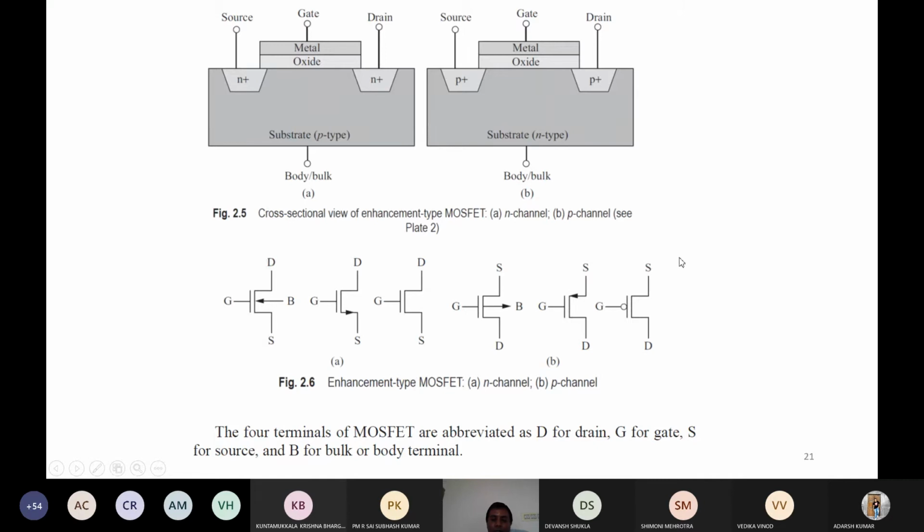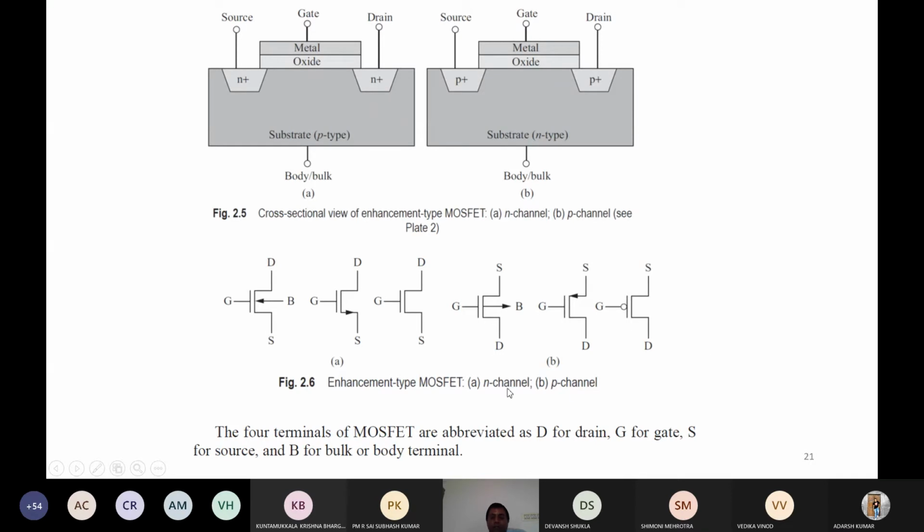During simulation through software also we will use some symbols, so we should understand those types of symbols. Here a 4-terminal N-channel MOSFET is shown. This is a 3-terminal MOSFET, but it is simplified in this way. And here a 4-terminal p-channel MOSFET, and then a 3-terminal p-channel MOSFET, and then the simplified symbol for the p-channel 3-terminal MOSFET.